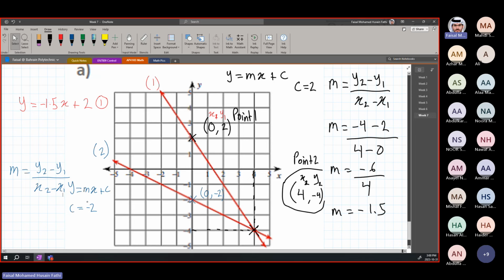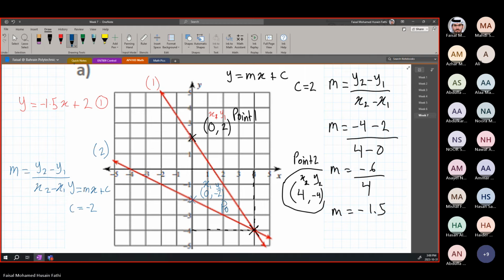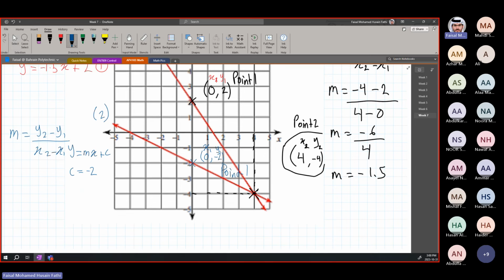Okay, let's continue. So y2 minus y1 over x2 minus x1. Like I said, we found the x1 and y1 now. The x2 and y2 is the exact same point 2. So this is point 1. This is point 2, which is x2, y2, the same intersection point, because this point is on both graphs. So you don't have to find the second point. So this is your point 2 for both equations. You can use it. So now if we continue solving, m equals y2 minus y1, y2 here is minus 4